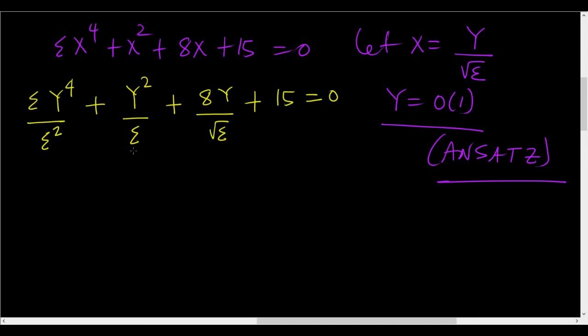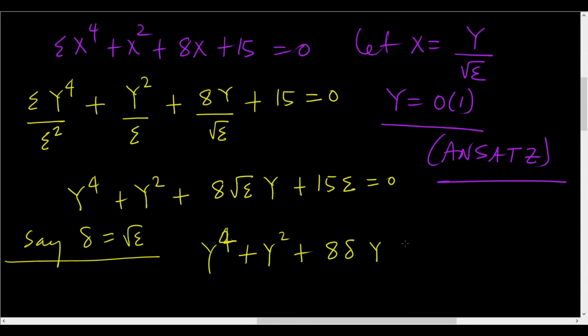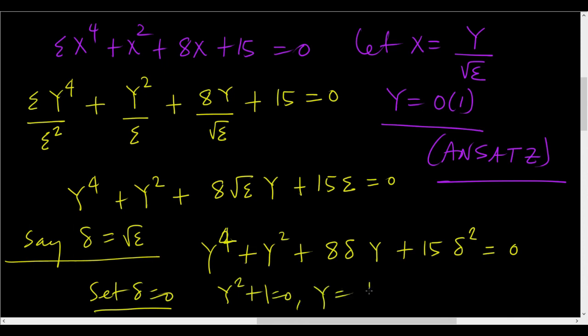We multiply by epsilon, and so we have y to the power 4 plus y square plus 8 square root of epsilon y plus 15 epsilon equals 0. Okay, now let us say delta equals square root of epsilon. So y to the power 4 plus y square plus 8 delta y plus 15 delta square equals 0. Set delta equals 0, we have y square plus 1 equals 0, so y is equal to plus minus i,